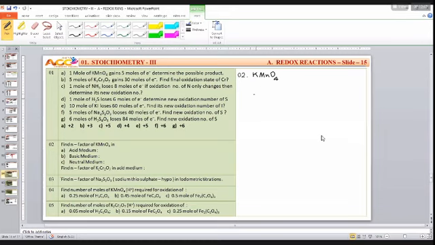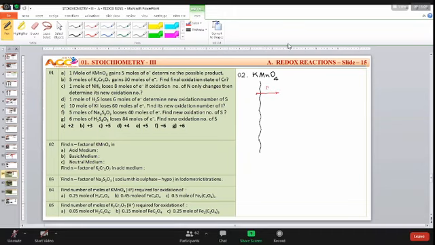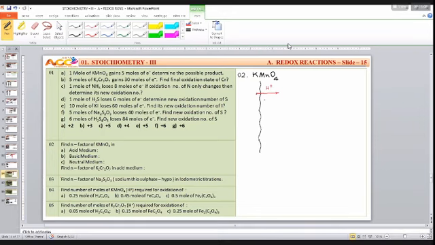So our job is to memorize something here. What is that to memorize? See here. Suppose, for example, I'm using KMnO4 as an oxidizing agent in, say, acid medium. So I'll write like this. What I have to remember in this case, this is acid medium. Here we have oxidation state of manganese +7. We know it very well. In acid medium, remember, manganese changes from +7 state to +2 state.